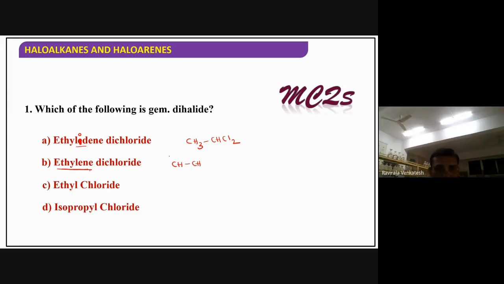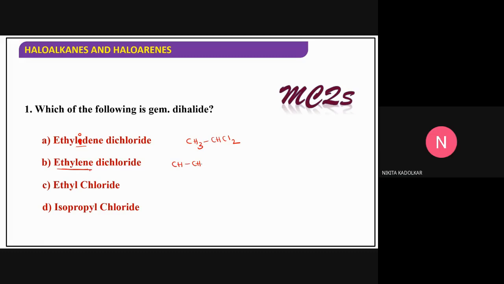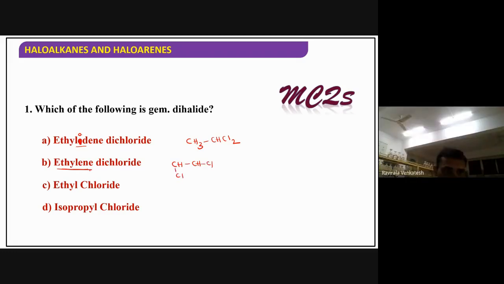Vicinal, highlight. Vicinal. Here I should come, have a look, I should come here for you, okay. Ethyl chloride is something like this, CH3 CH2. Isopropyl means first carbon, second carbon is having methyl. Already 3 carbons are completed. Now put chlorine here. Okay, this is isopropyl chloride.